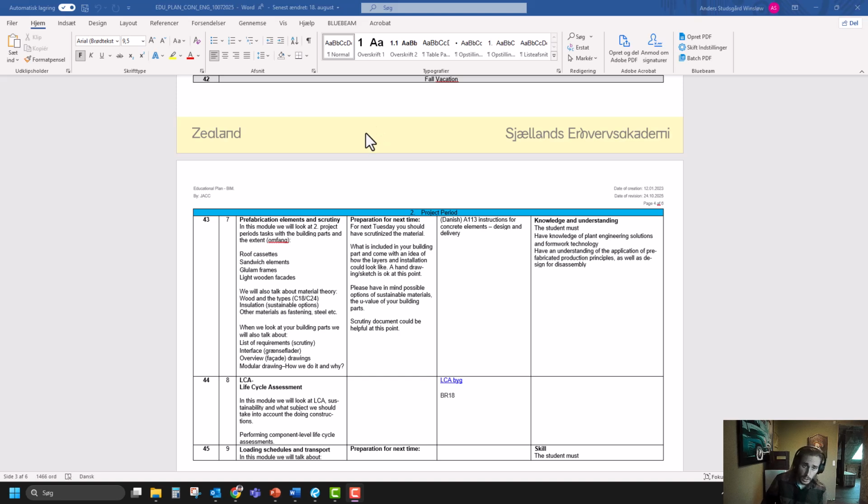So in this module 7, we will look into the prefabrication elements, and then we'll look into your different prefabricated elements. Here would be roof cassettes, the sandwich elements, glue laminated frames, and CLT, plus the light wooden facades or elements. All right. So we've already talked about material theory, about wood and different types of construction wood, C18